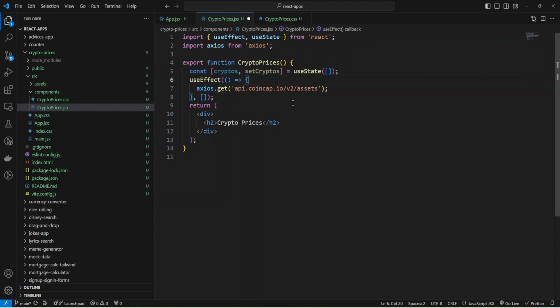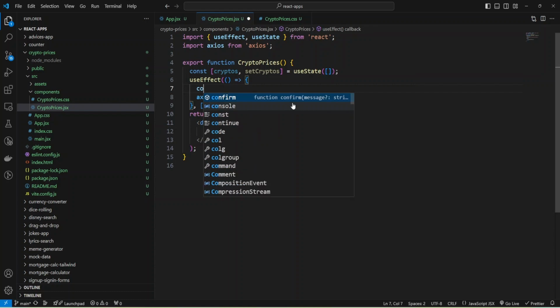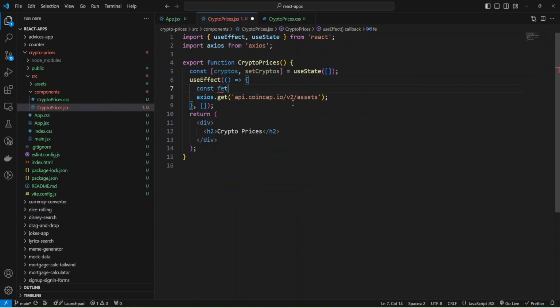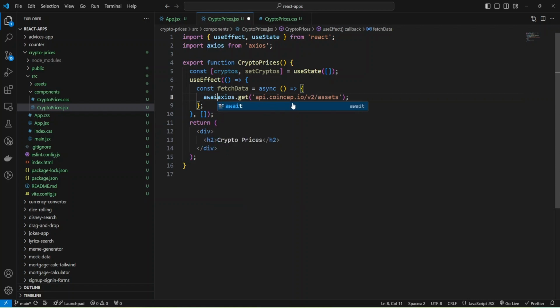And actually, we need to implement a function, const fetchData, and make it async to use await inside the body. Okay, and now I can use await and wait for the result and save the result into a variable and assign it to my Axios get.